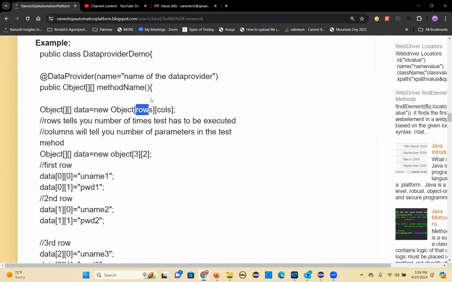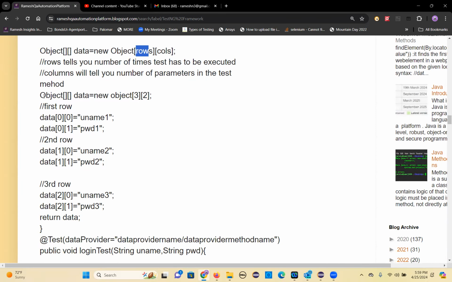Rows count means, how many times you want to repeat this test method, how many sets of data you want to give. That count is the rows count. So that is how this data provider will work. So then you can store, see, Object to two-dimensional array, array name equal to new Object,